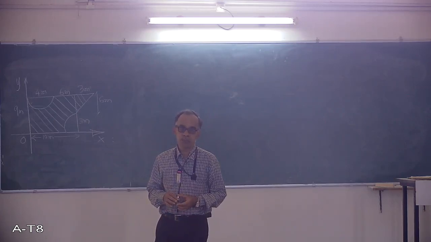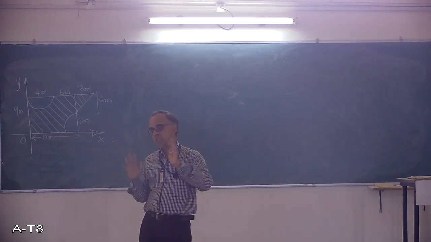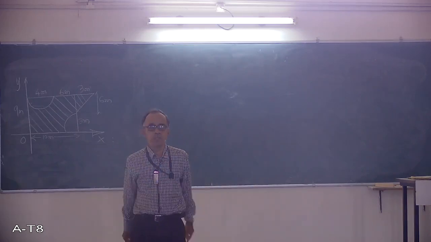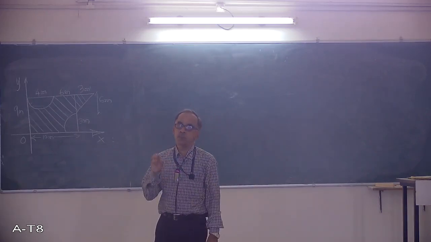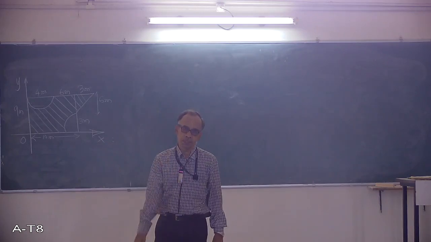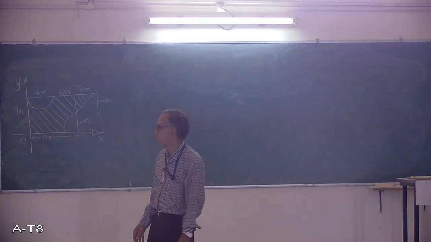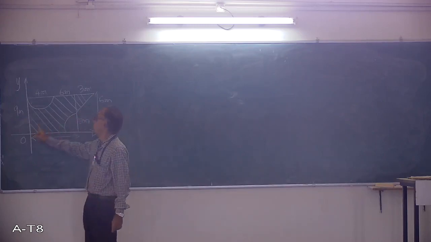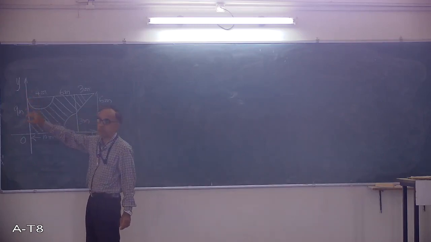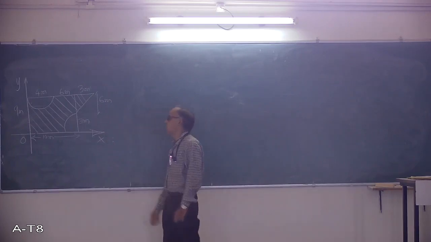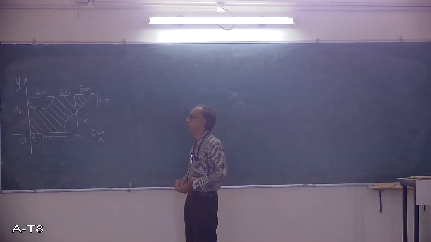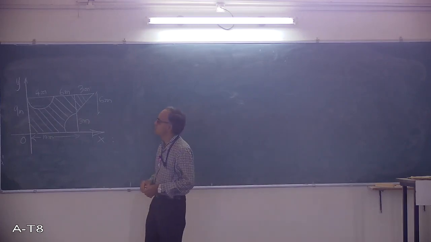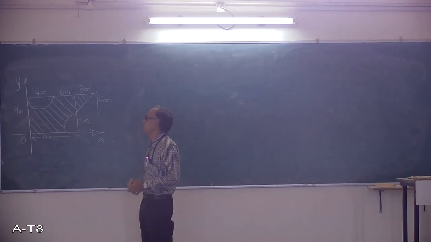He has not given the origin, and when he has not given the origin, we have to select the origin. I told you the extreme left corner is taken as the origin. So this point I take as the origin, with the x-axis and this is the y-axis. It's very, very important. Now, as I have already discussed, it contains 4 figures: rectangle, semicircle, quarter circle, and triangle.